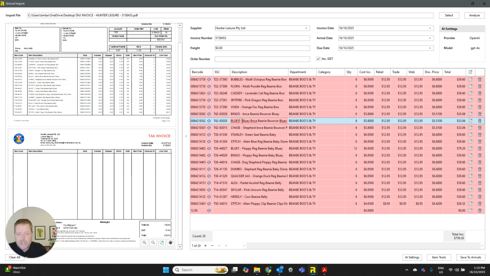Now I can still go through and change any descriptions here. So if any of these were incorrect or I wanted to change them in any way, I can still do all of that. And once I'm set with all of that, all I've got to do is go to item tools, tell it to add all of these stock items in, and then I can save it to my arrivals. That'll load that whole invoice in for me. So within a couple of minutes, using these AI tools, you can have that invoice from Hunter Leisure loaded in